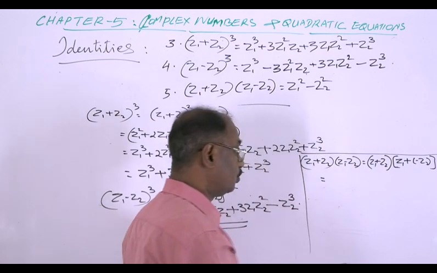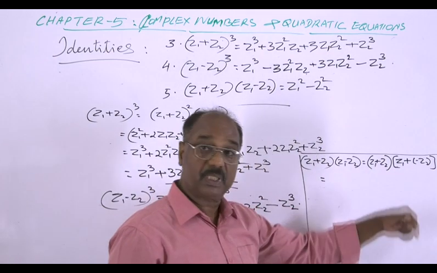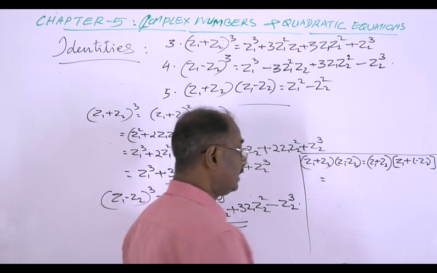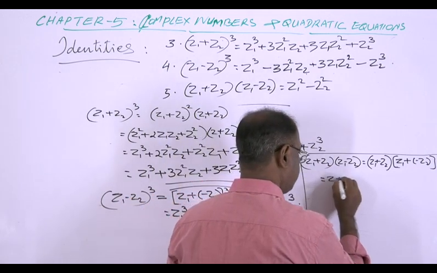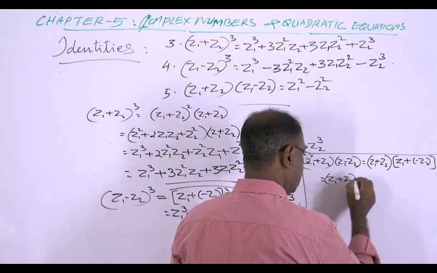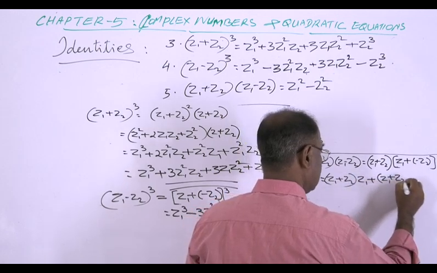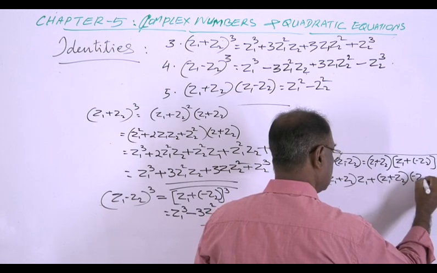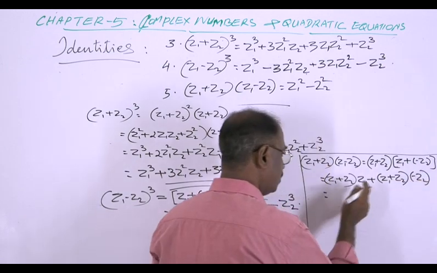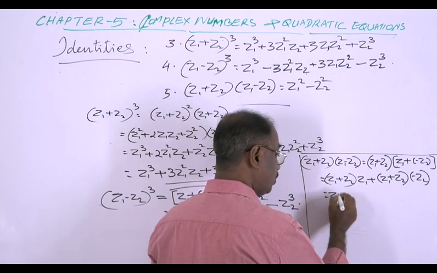And this is equal to, applying the distributive property, (Z1 + Z2) into Z1 plus (Z1 + Z2) into minus Z2, which is equal to this Z1 into Z1, Z1 squared,